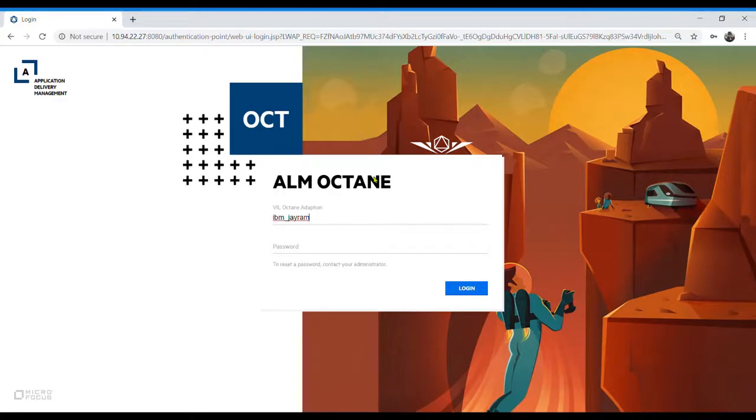This is Jairam. Today I'm going to tell you about this Octane tool, a quick introduction. So let me log into the system by using our credential. This is a web-based tool and it's supporting all the major browsers,